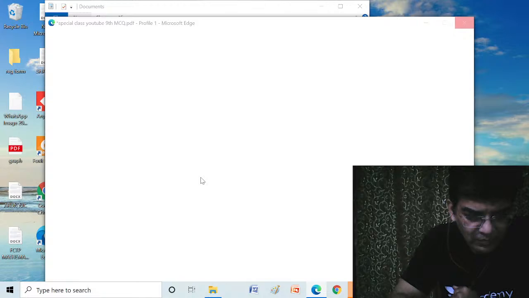So semi perimeter will be P by 2, 42. Now to calculate the area, the area formula will be